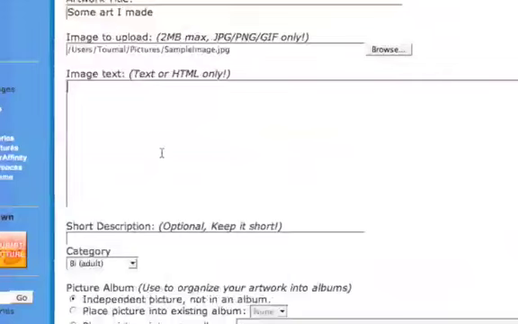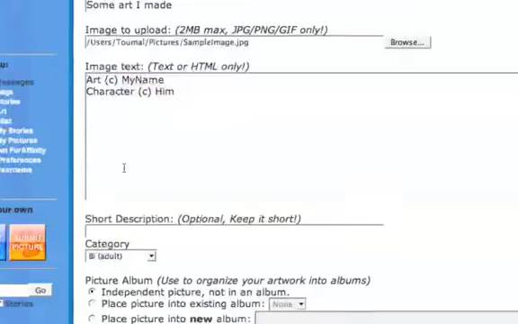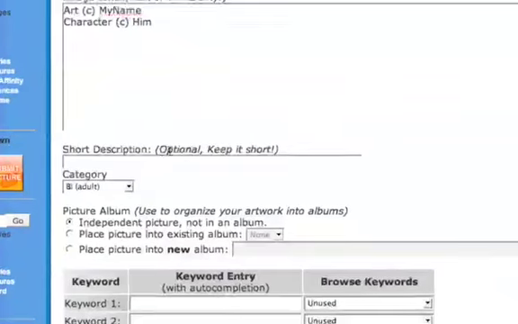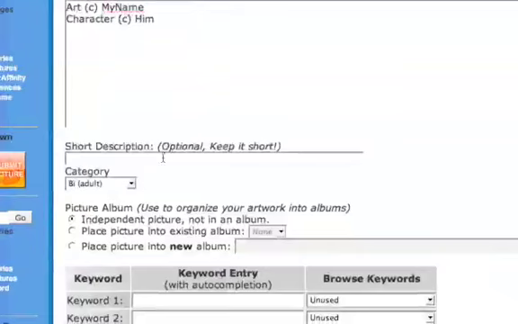Then you can enter some text about your image, what inspired you to draw it, who is on the picture, for whom you drew it, or if it's an image that has been drawn for you, who drew it, etc. So you could, for example, type art copyright, my name, and the characters copyright, him or whoever. You can also set a short description, just like for stories. It should be kept brief. For example, erotic pose of an eel,